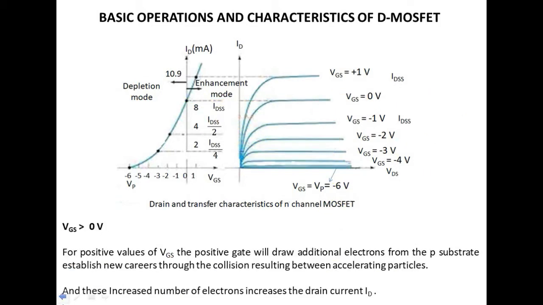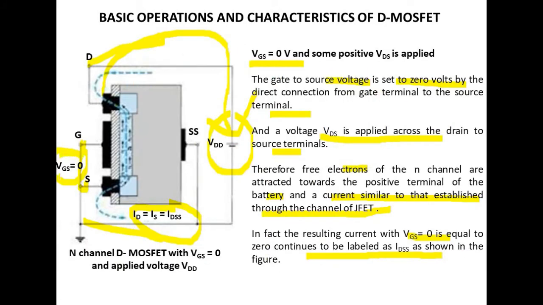Now come to the third case in which VGS is set to a positive voltage. What will happen if we set VGS positive? In this figure, if we set VGS as a positive voltage, it means a positive voltage is applied between gate and source. Then what will happen? Because now a positive voltage is applied, the electrons that are present in this p-type will be attracted in this region, and the holes, those that are present in this channel, will move away in this direction.